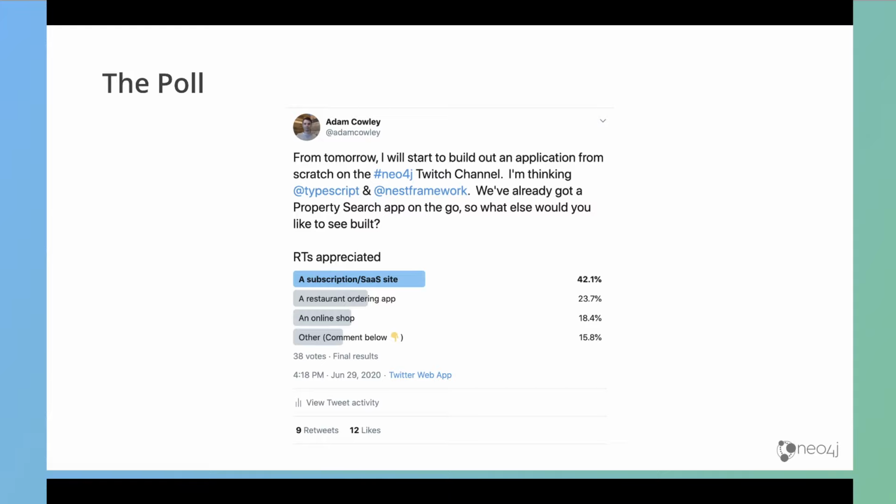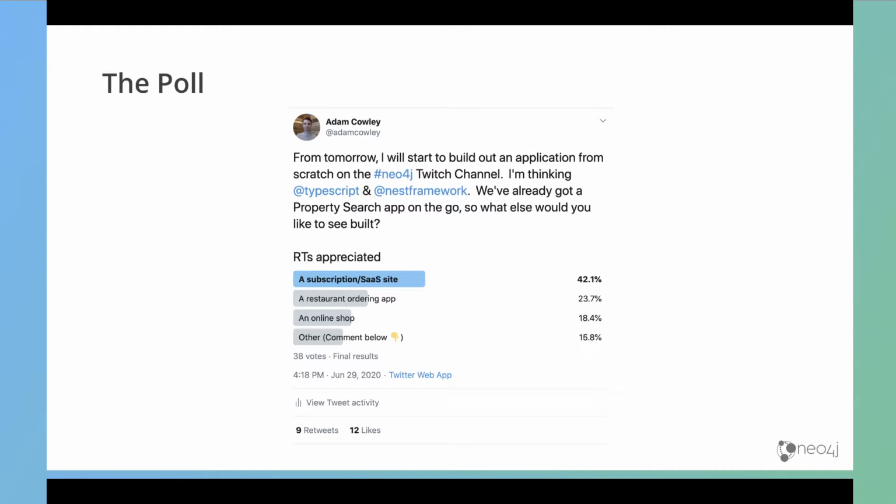In the past few weeks, I've been looking at building a modern application with Neo4j and TypeScript, and today I'm going to be continuing along those lines. The biggest piece of news to come from last week is that this poll is now finished. The poll was running during the session, and essentially I wanted to know what you'd like to see from the project. The results are in, and a subscription / software as a service site won.